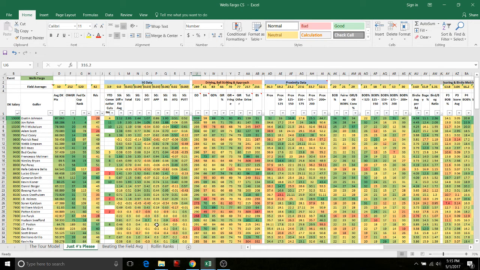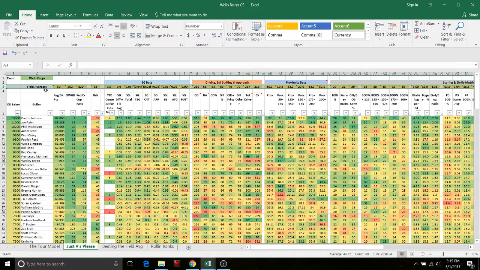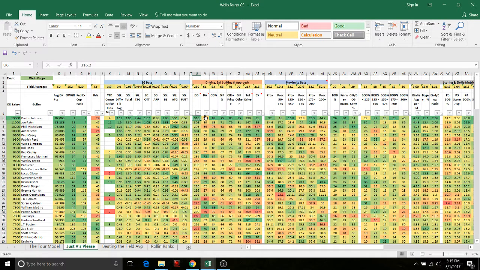And that's where just the numbers and beating the field average really comes into play, and it allows you to get a better idea of the golfers, the type of game, and more importantly, the relative difference in the skill levels between the golfers week to week. So if you look at row 3 up here, all the numbers that run across, these are all field averages, meaning, for example, the field average driving distance for this week is 289 yards. So it gives us an idea that Dustin Johnson is pretty good, 20, 25, 30 yards ahead of the rest of the field